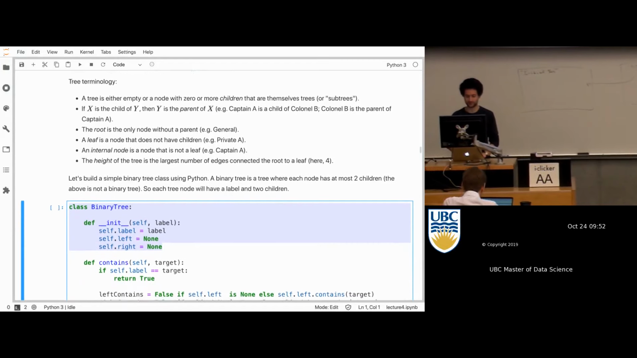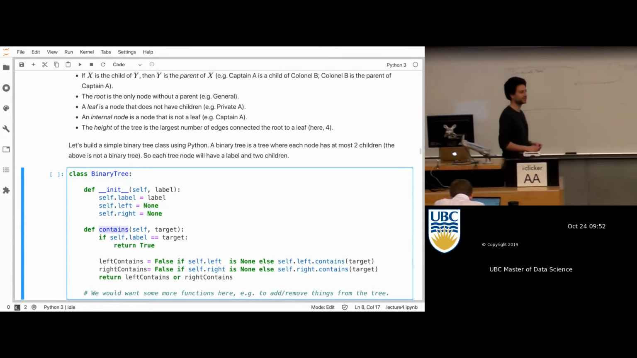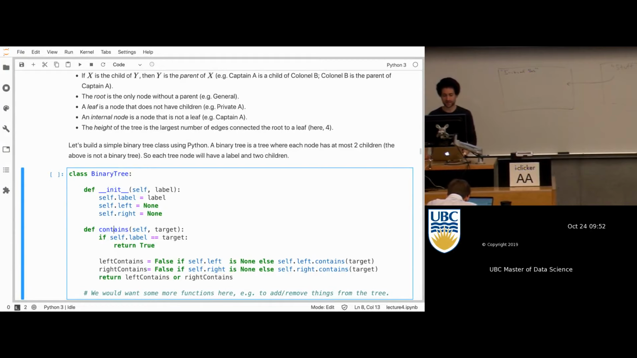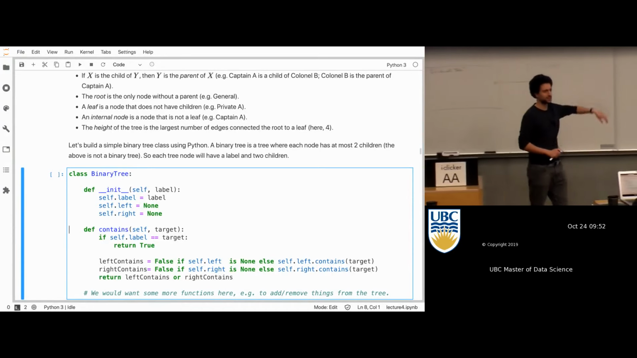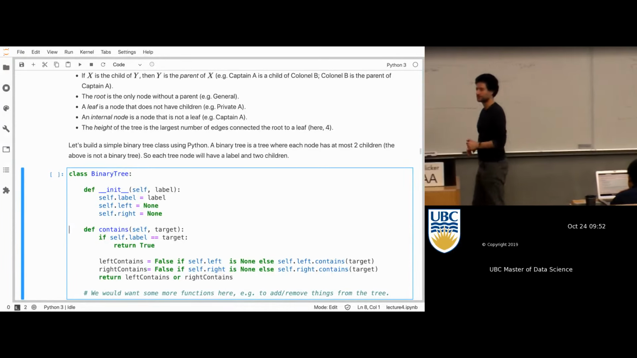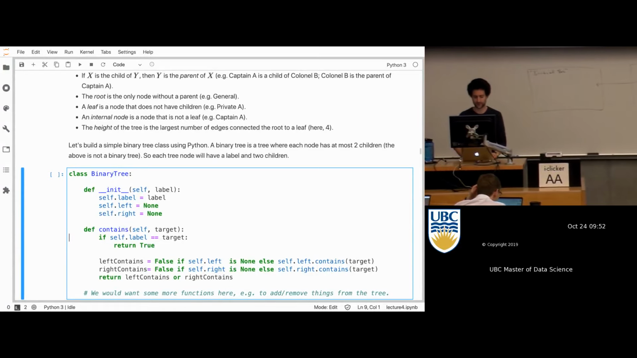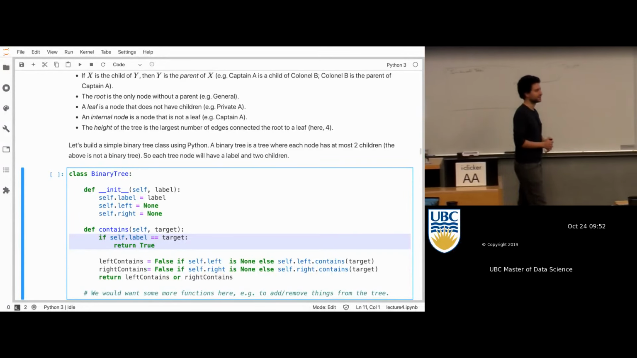And now, I don't actually have code here for how do you put stuff in the tree, because you're going to have to figure that out on your lab. But here's a contains function. So I want to check if a certain label is in the tree. So I build the tree, and I want to know, is the President of the United States in that tree that we looked at before? So here's what I'm going to do. If the thing I'm looking for, the target,